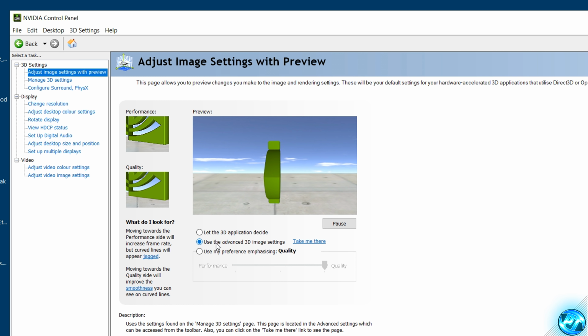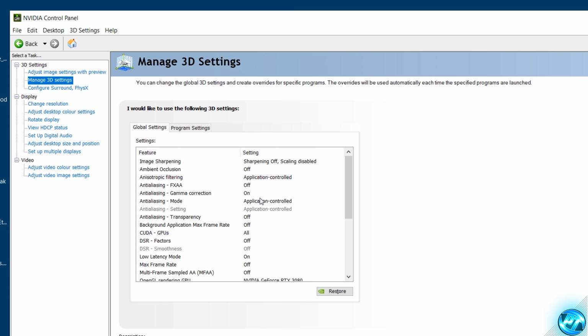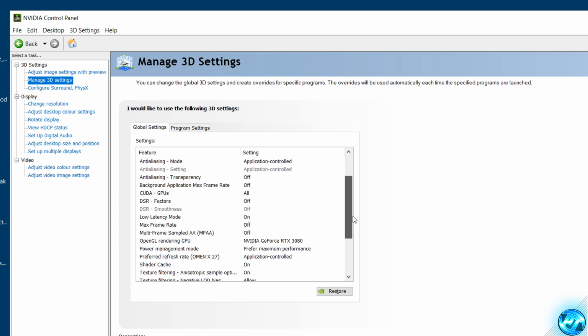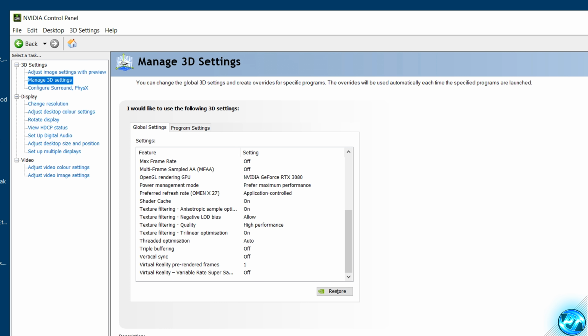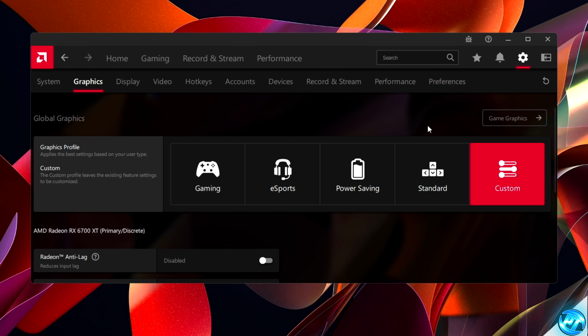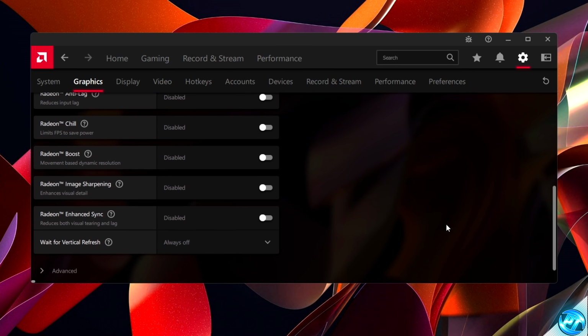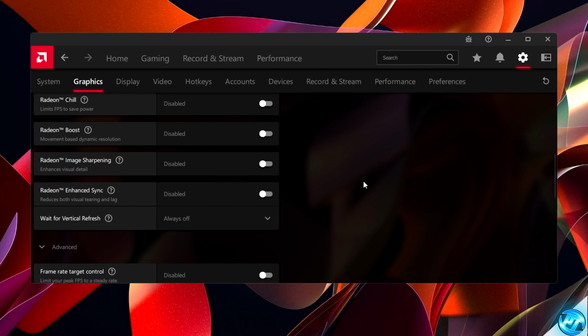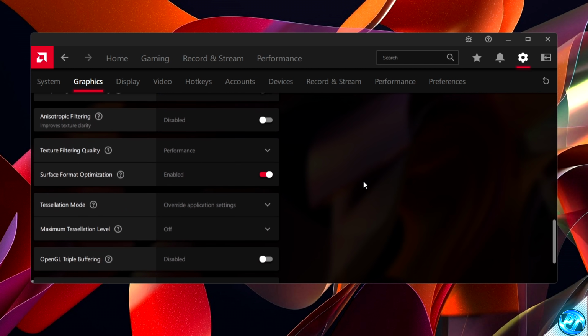We can now go ahead and apply some very quick control panel settings for both the AMD Radeon settings panel and the NVIDIA control panel, which you can both access by right clicking on the desktop and either selecting the NVIDIA control panel or the AMD Radeon settings panel. For NVIDIA users, you'll want to navigate over to the Manage 3D Settings tab and you'll want to copy all of the settings which you're currently being shown on screen now.